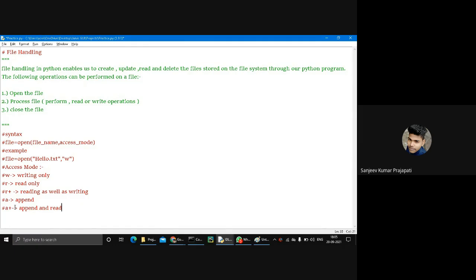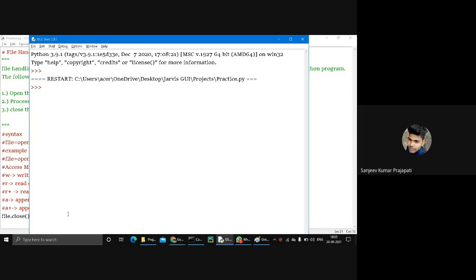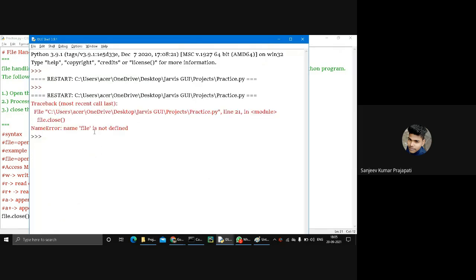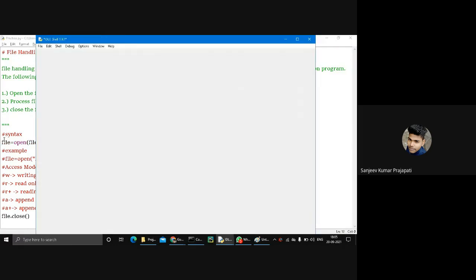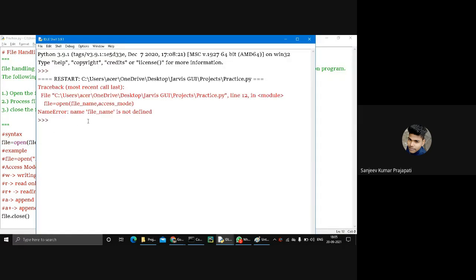Okay, so now I want to close my file: file dot close function. File is not defined.